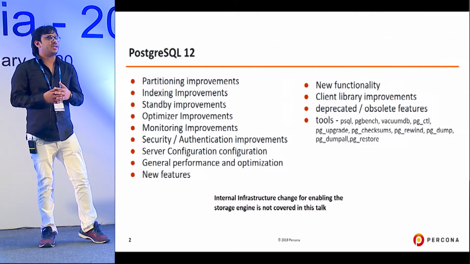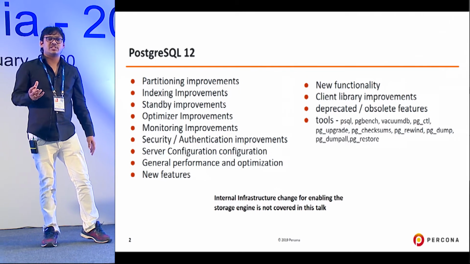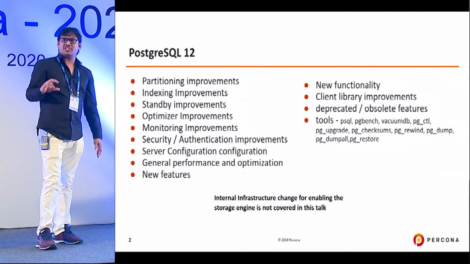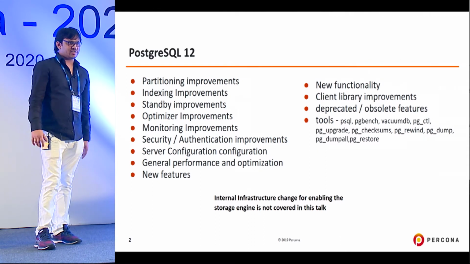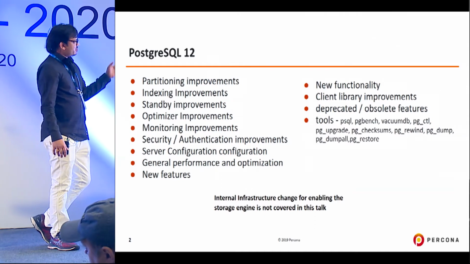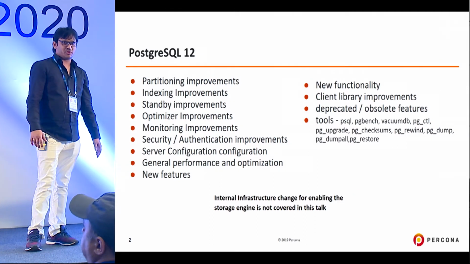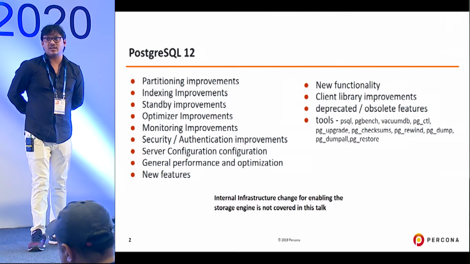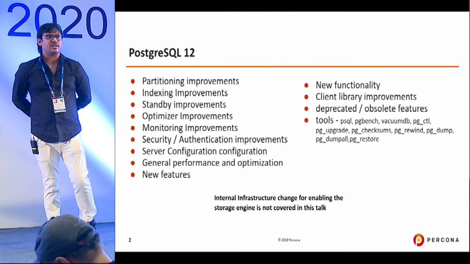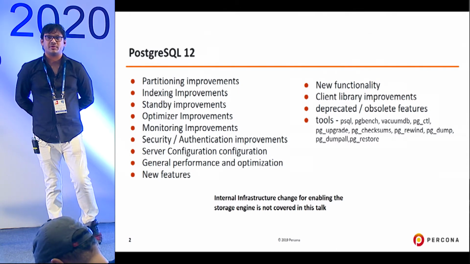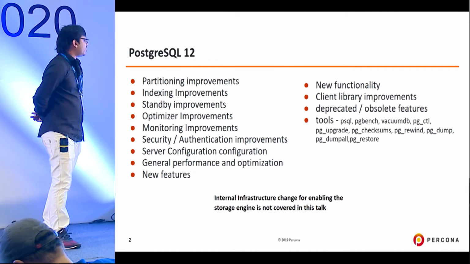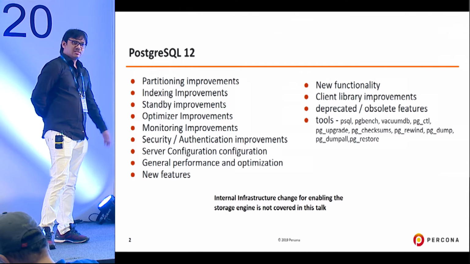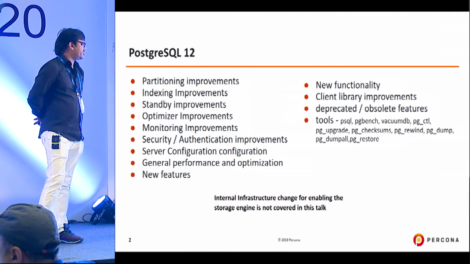You would see some of the reasons for that, and how some of the improvements have been happening on the standby side, or some changes which are quite different from the previous versions, wherein you might have to change your HA scripts if you have done some things manually, and some of the optimizer improvements that really improved performance. At the same time, we'll also see some of the monitoring features that are enabled through some parameters as well as views,